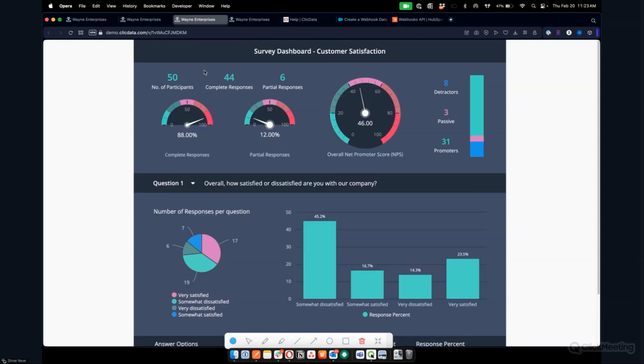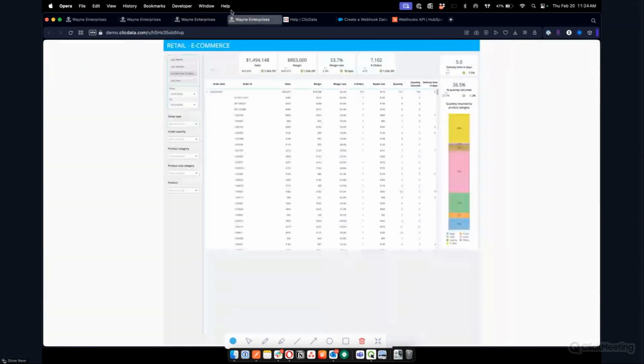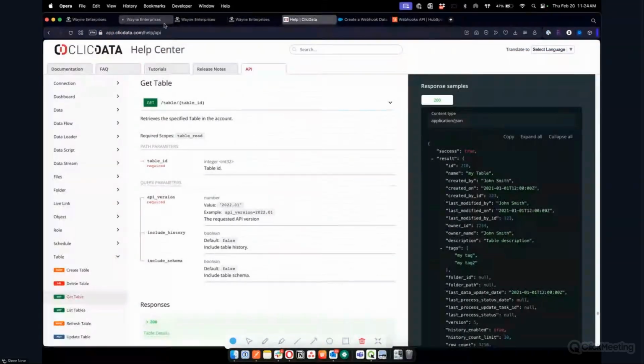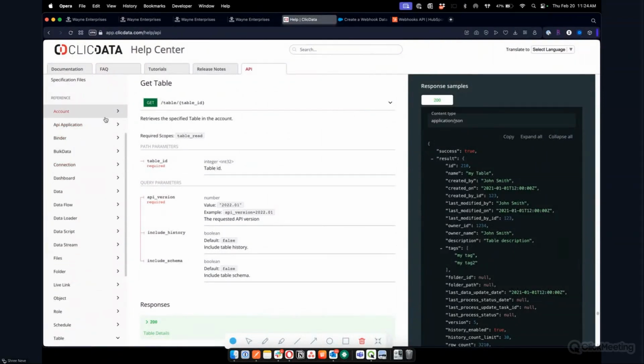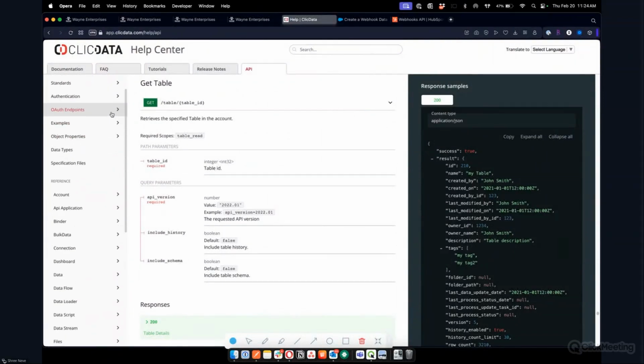So that's one example of how you can achieve real-time analytics while using ClicData. The second approach that you could also use is through APIs. So if you want to use APIs, ClicData does provide an entire documentation on different API endpoints that you have